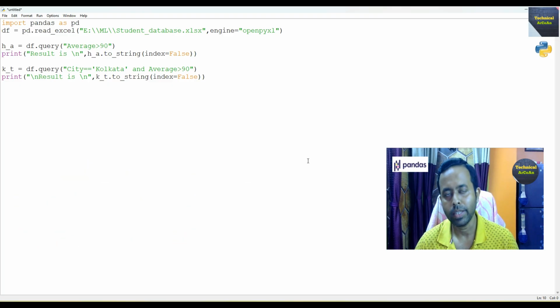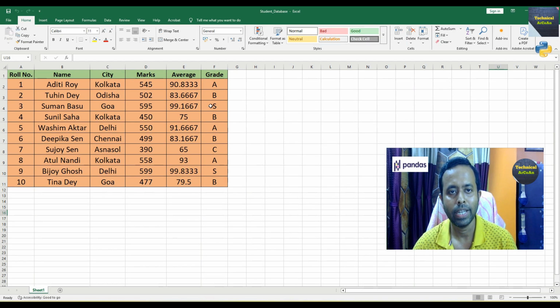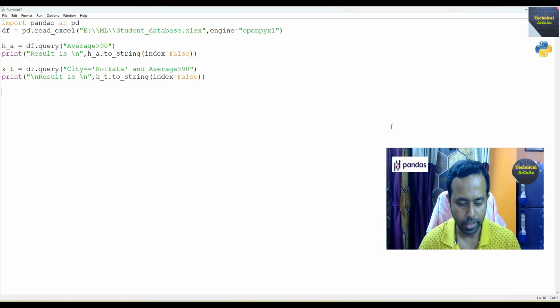Okay. The third query is concerned, we find out the grade of the students whose grade is either A or B. Those student data we want to retrieve. So in that case we write it this way: df equal df dot query, and then write grade equal within single quote capital A, or